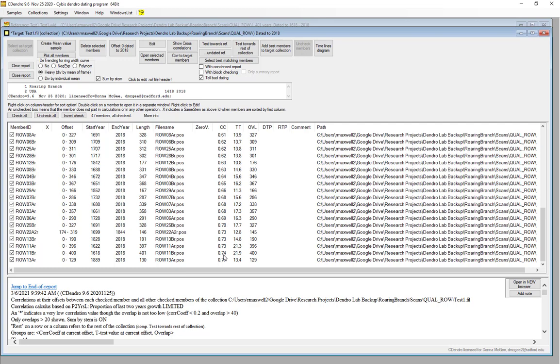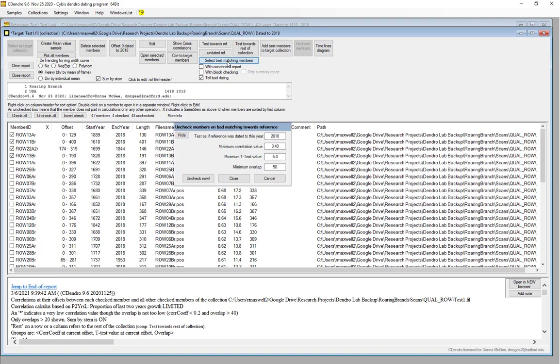Now, one of the things that I do sometimes is I might go and uncheck all of these, and then if I'm sorting the data and I want to try to date against a master chronology, I could go through and maybe just select the best matching cores. And so you can do that either by going and clicking on individual ones and then saving that as a reference chronology, or we can hit select best matching members.